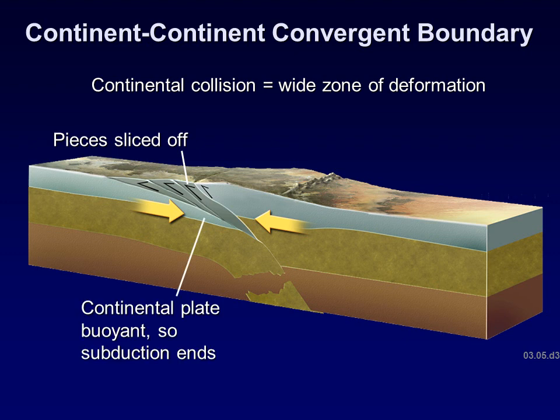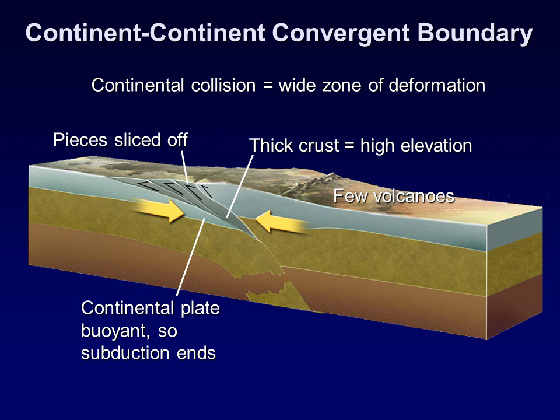The continental plate is very buoyant. It's not very dense, so it's not able to subduct. You just end up having this large pileup, and as a result of no subduction, you end up with few volcanoes because there's no subducting slab for water to be driven off of to generate the melting, to generate the magma. So very few volcanoes, but in the place of all volcanic activity, you have these very high elevations. And the best example of this is the Tibetan Plateau in the Himalayas,